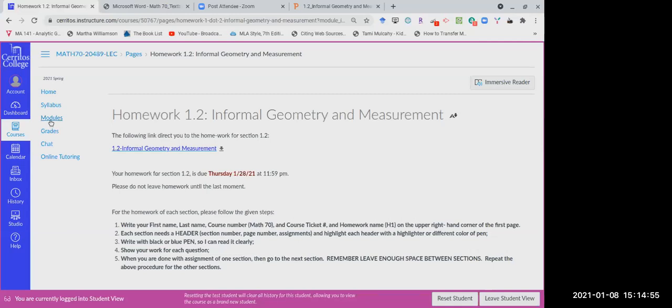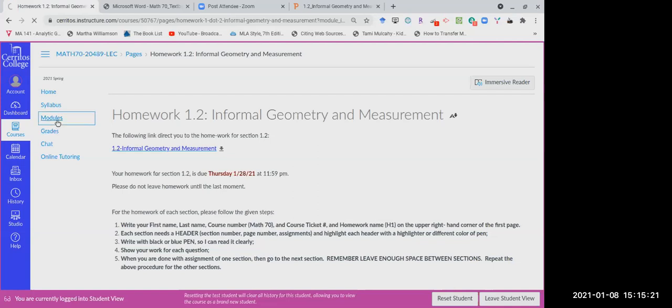Now, I'm going to go back to modules. But by the way, the homework for the first homework packet will be due not this week. This week, we only have the Google form and your syllabus quiz, and I'll show you that in the module right now.